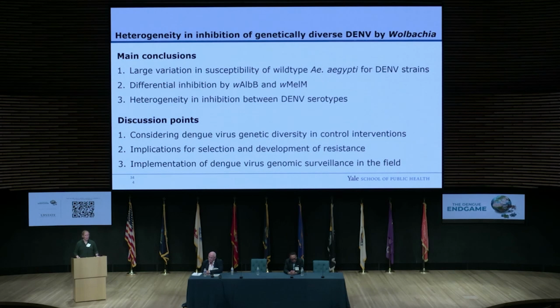And then the final point I want to make is that I think it's really important to implement genomic surveillance in the field. The data that I'm presenting is lab studies linked to modeling, but we really need to make the link from lab to field. I think genomic surveillance in areas where control interventions are being rolled out is really important to monitor in the field which strains we are going to see overrepresented in those areas, and what that could tell us about how effective our control interventions are.